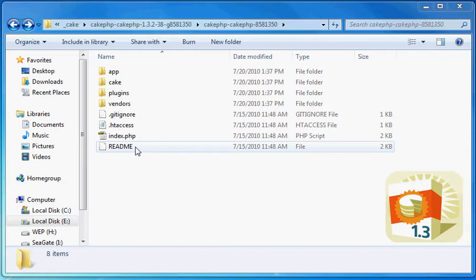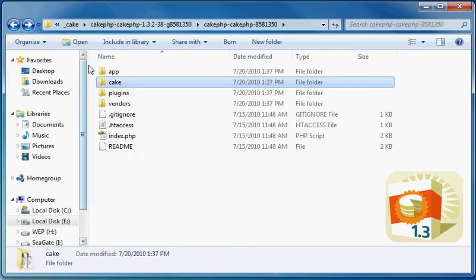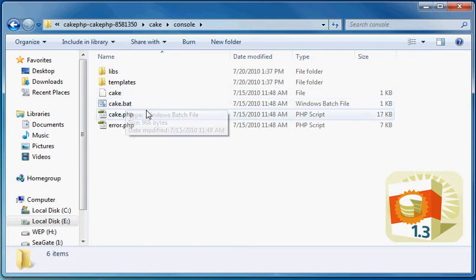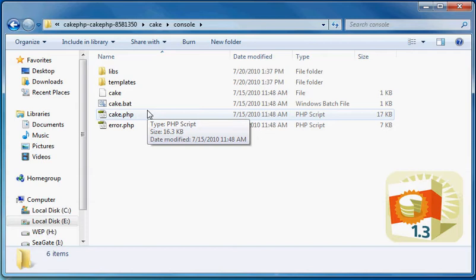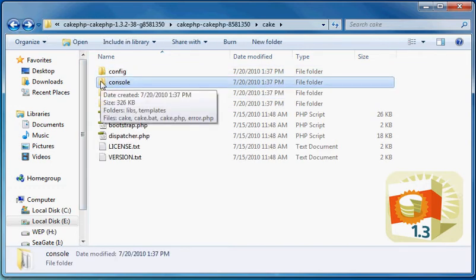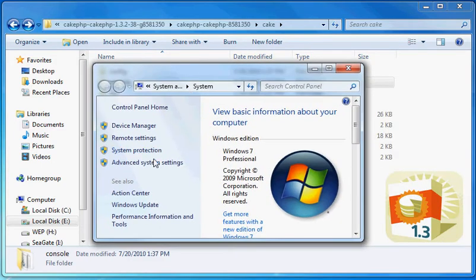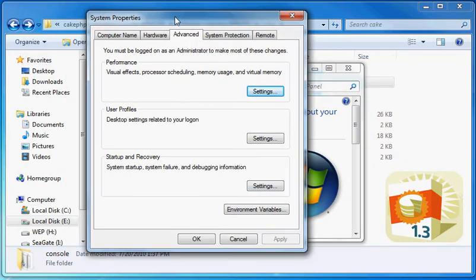Now, what we want to do first when we get our application is get our Cake console application set up so that we can start baking scripts. And basically what we need to do in order to get this running properly, and I've already done it on my system, but I'm going to show you the steps that I took to get that going. I've already got these files installed in another directory, and so what I'm going to do is open up my Start menu. I'm going to go to Computer Properties, and I'm going to go to Advanced System Settings, and down below